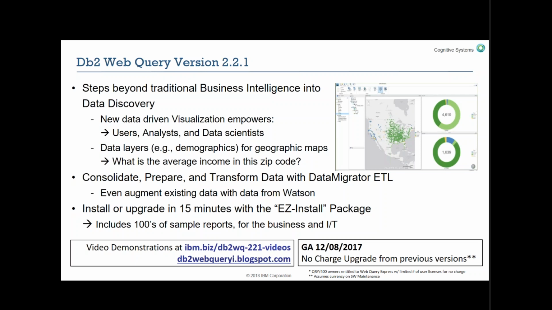And since the initial release of that product, Information Builders has kept on adding new neat functions to it to really web modernize it, mobile analyze it. They've created functions like this. You can see on the slide here, Data Migrator, to help you extract, transfer, and load data from different data sources, both into and out of IBM i. So I think the key message I'd like to leave you with is, if you haven't thought about analytics on your IBM i data, or you're still using Query for i, this is a great tool that maybe you're not